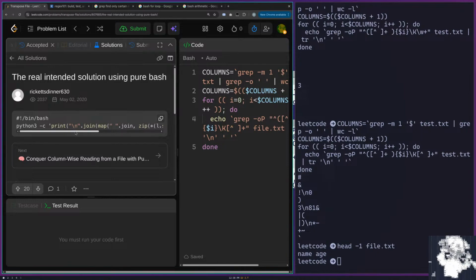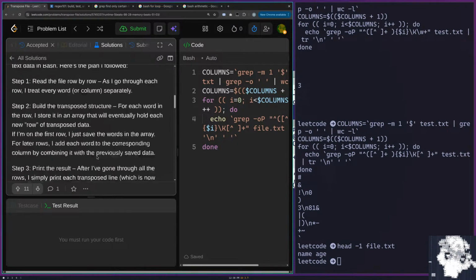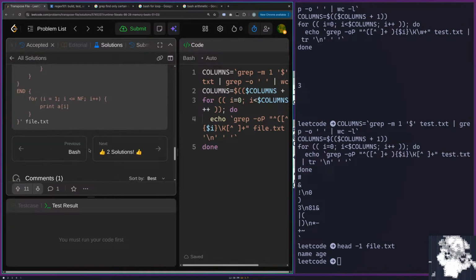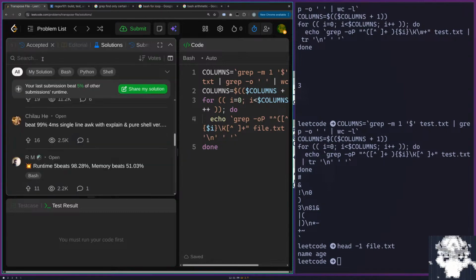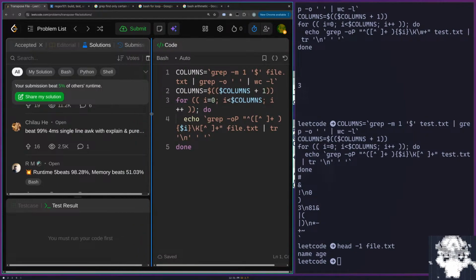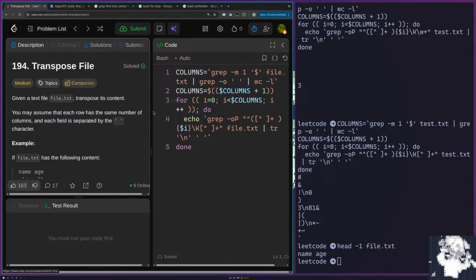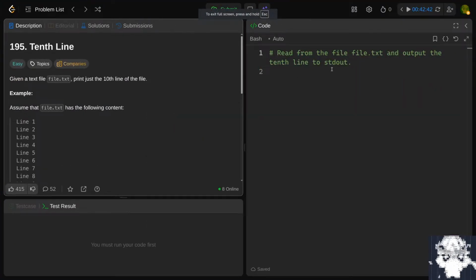okay. The real intended solution is to run a Python script. Does this even work? I did think of this for some of the last few, but yeah, I think it looks like awk is often very fast, yeah. Okay, well, I'm pretty proud of this insane solution using only stuff that I already understood, pretty much. Let's go on to another bash question.